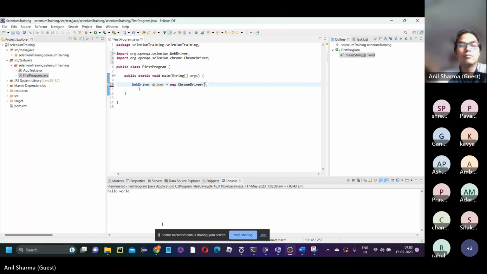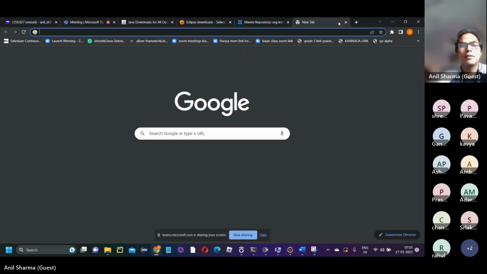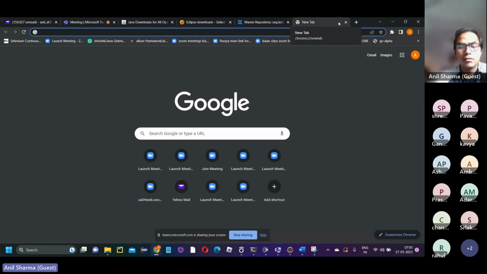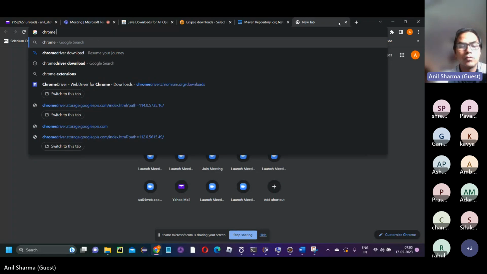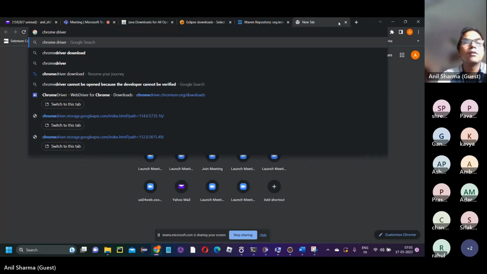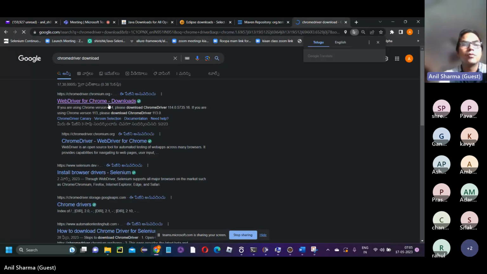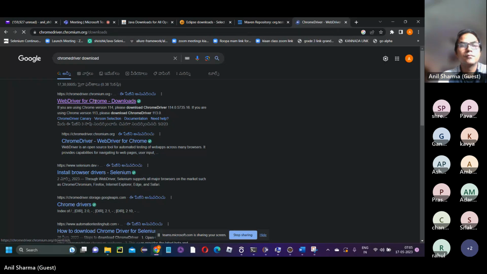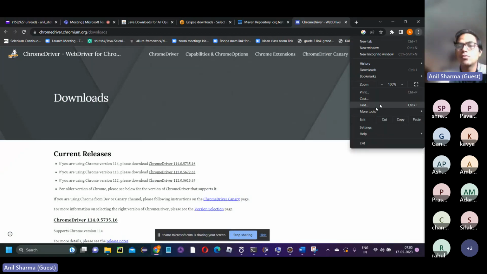So we will go back to Google and download the ChromeDriver. Go to chromedriver.chromium.org, and then based on the version of your Chrome browser,